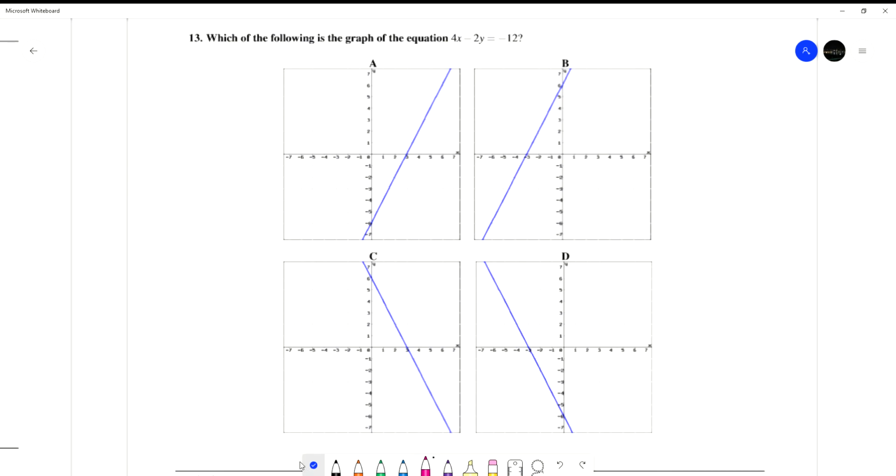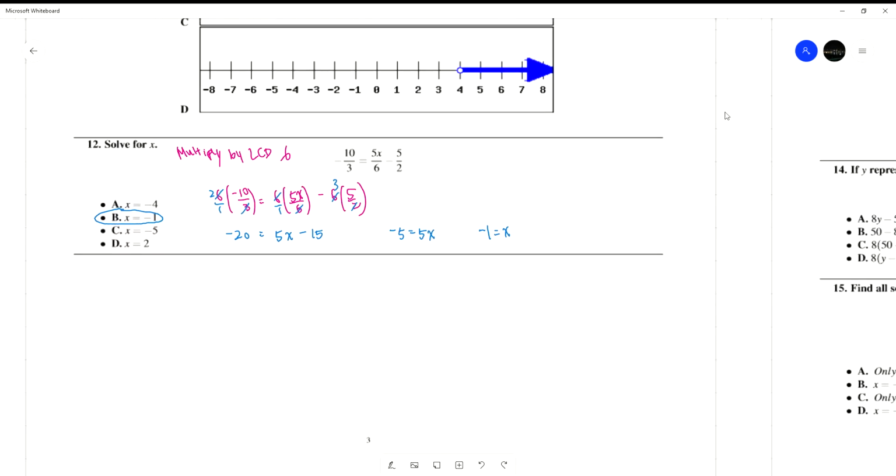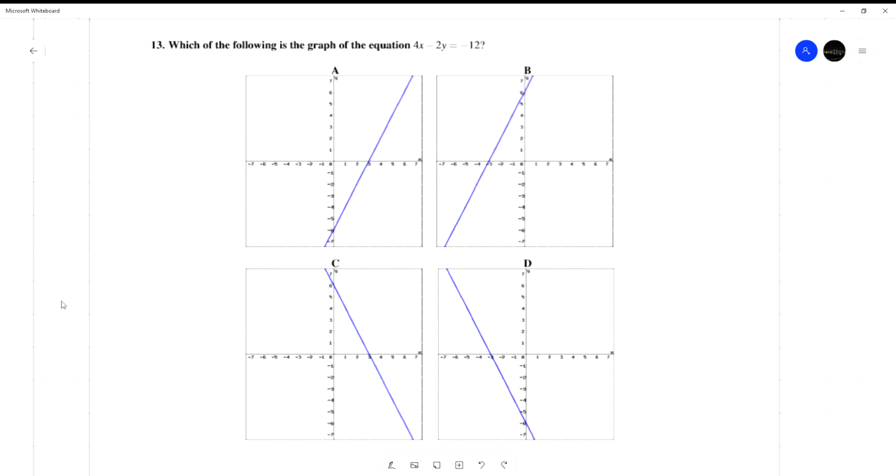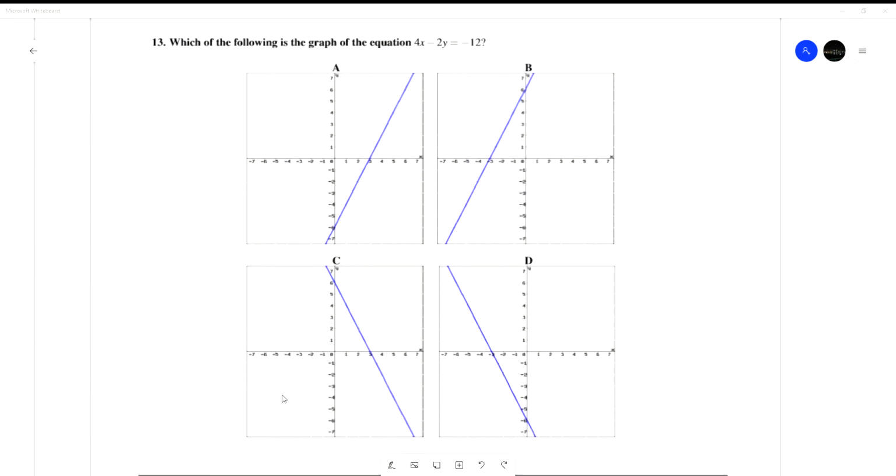Oh yeah, sure, I'll go back to 12 real quick. Did you have a question about 12? And I'll post a video of this shortly after we finish this. Okay, great. All right, back to 13. Yeah, that's the intercept method,